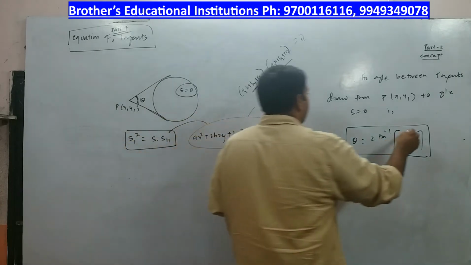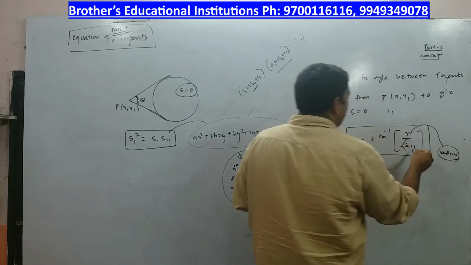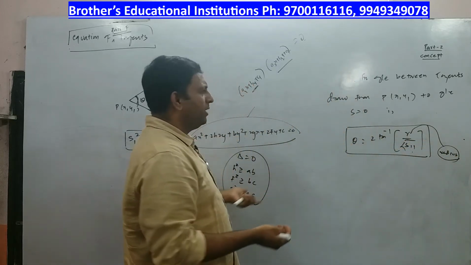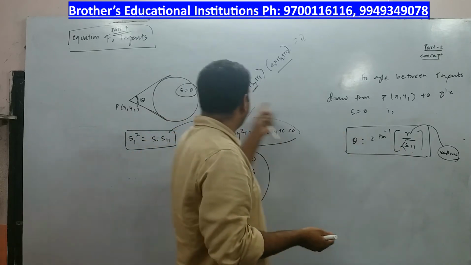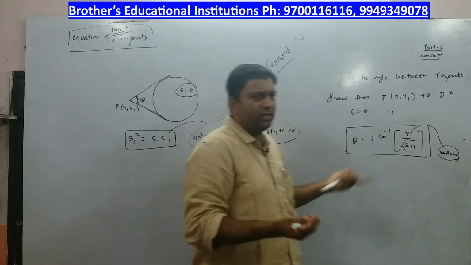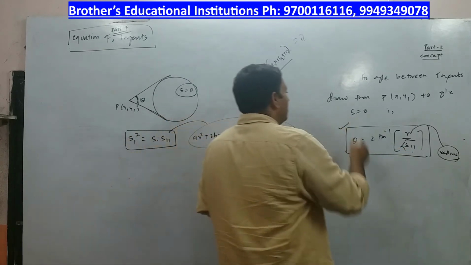What is this r? Where r is the radius of the circle, and what is root S11? You know that notation, that is nothing but power, and that power has to be positive because the point is lying outside. If the point lies inside you will get a negative value, so definitely there is no tangent, there is no answer for it. So this is called the angle between a pair of tangents.